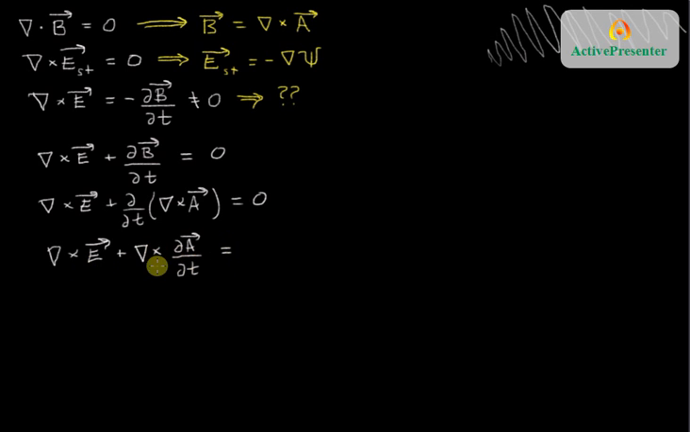And I can just group these terms, it becomes the curl of E plus dA dt, and that equals zero. So now this E plus dA dt is going to play the role of E static. This allows us to say that E plus this extra term dA dt